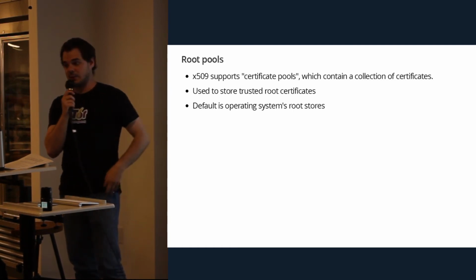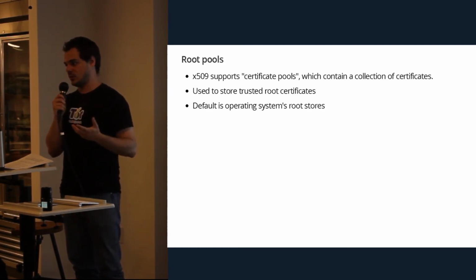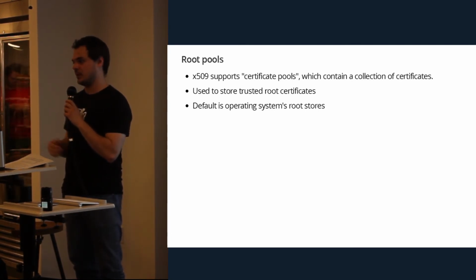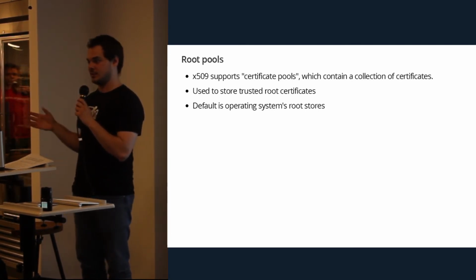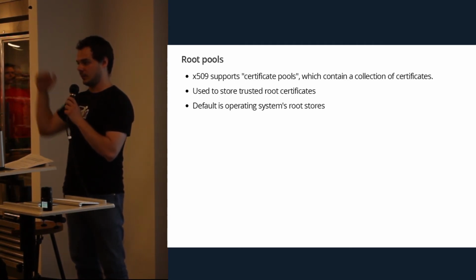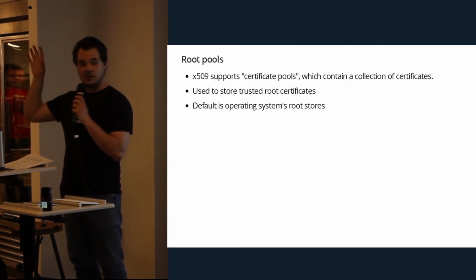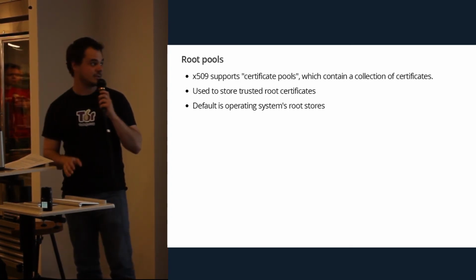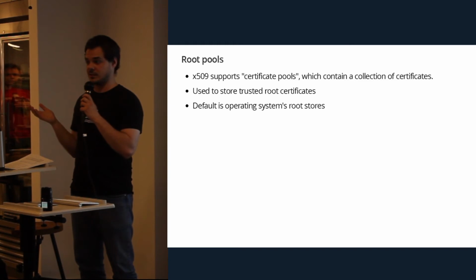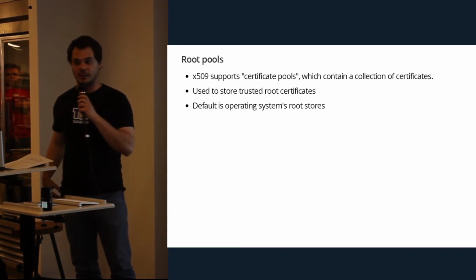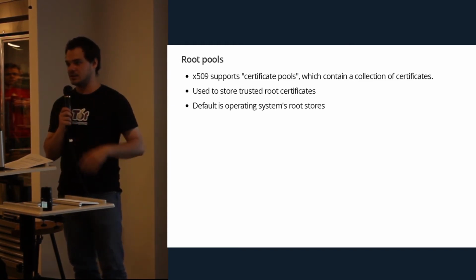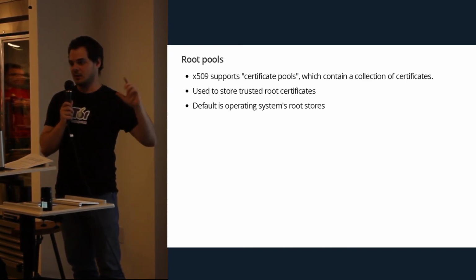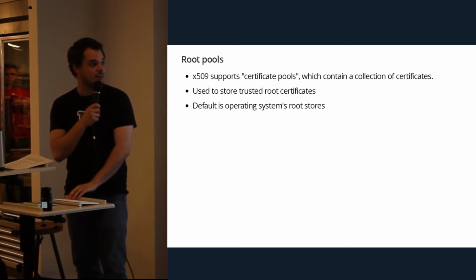There are root pools in X509, which are basically how you put in a bunch of certificates that you say, we trust these ones. And you'll have an intermediate pool that says, these certificates can be used in the middle of the chain, but they can't anchor a chain. And then you also have a root pool which says, these should be anchors, but probably shouldn't be anywhere else. And the default is your operating system stores. And you'll find some really creative ways that the CAs do this. You'll find older, weaker keys that have been cross-signed and all kinds of fun stuff.